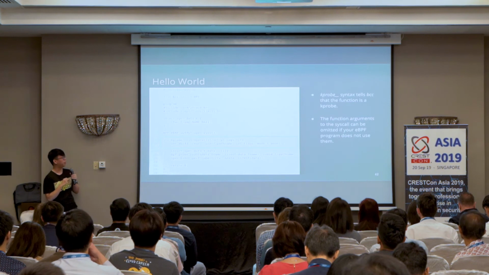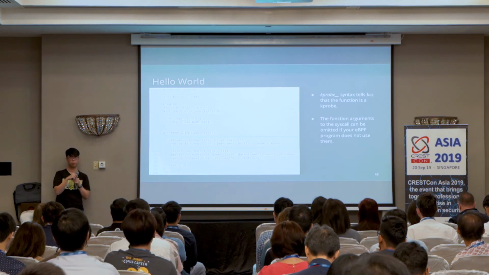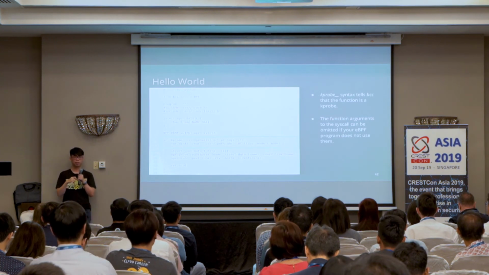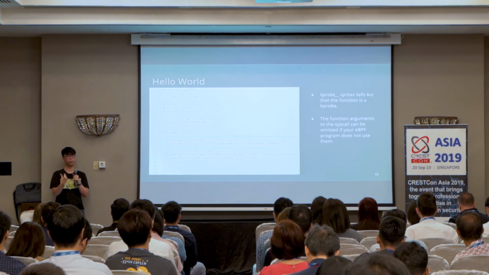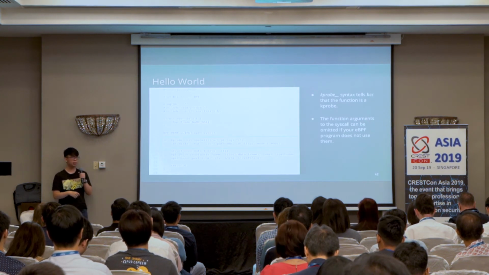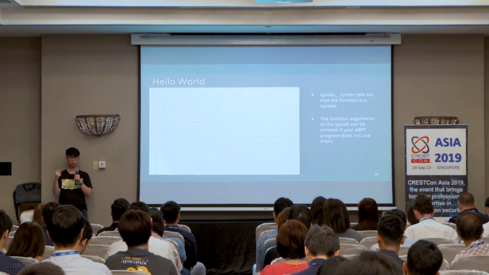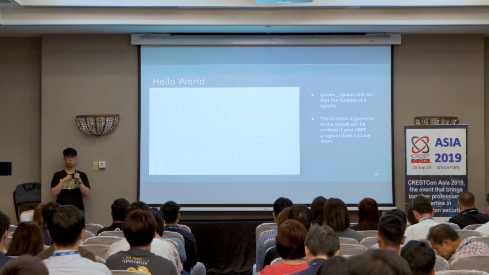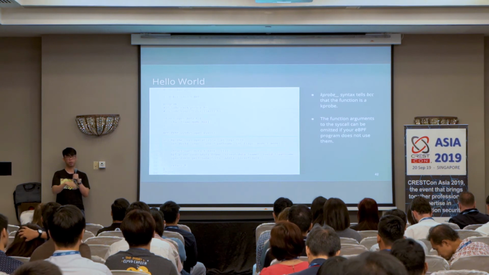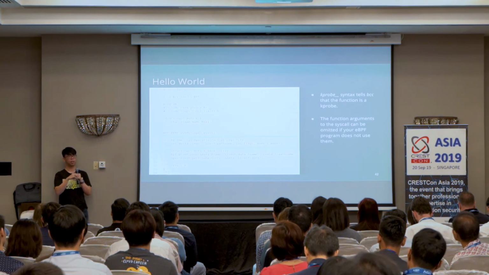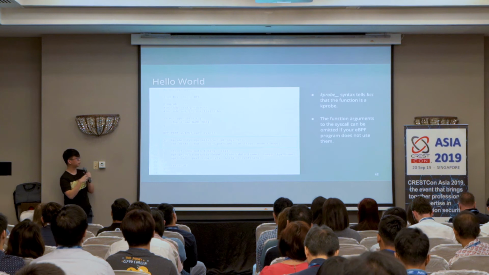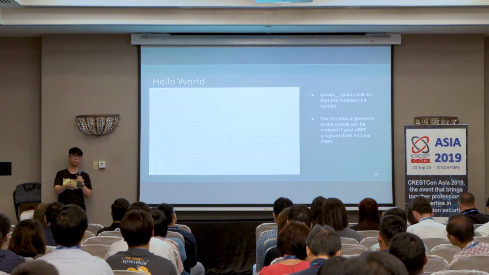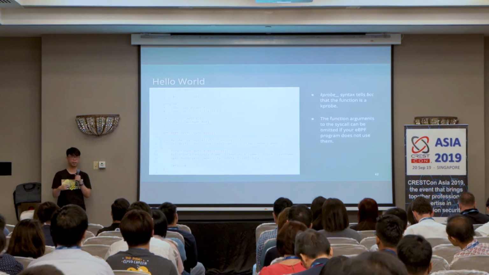Next, we define a function using the special kprobe__ syntax that tells BCC that this is a kprobe function that we are defining. And you'll see that there are multiple parameters to this function. These are all parameters to the OpenNet syscall. So if we want to hook a certain parameter, we'll need to pass in the parameter. But if we are not interested in, for example, the last two parameters, we can leave that out. So you don't actually have to fully specify the function signature.